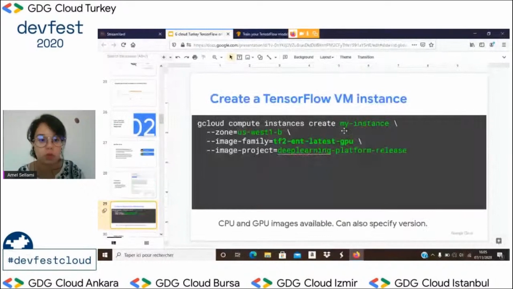You just need to say compute instances create my-instance. You use the zone that you specify. Specifying the zone depends on where you are and how costly it can be, so it's another topic. For the image family, we use TF2 latest GPU, and the image project is deep learning platform release. You can use the CPU and GPU images available and can also specify versions.